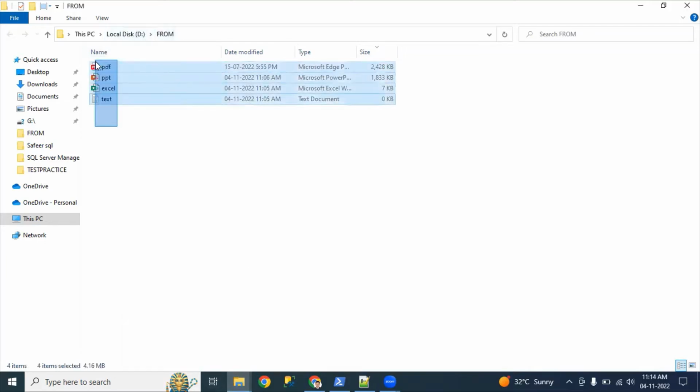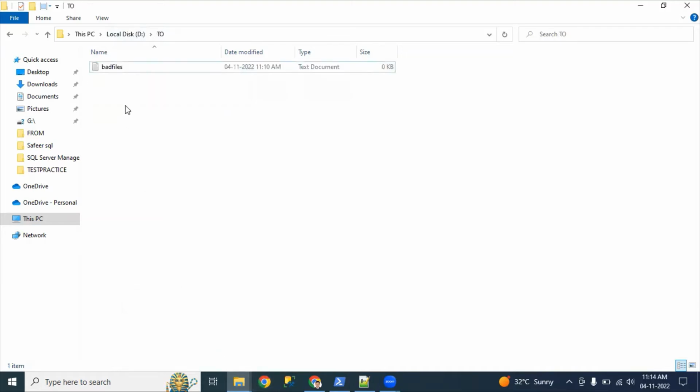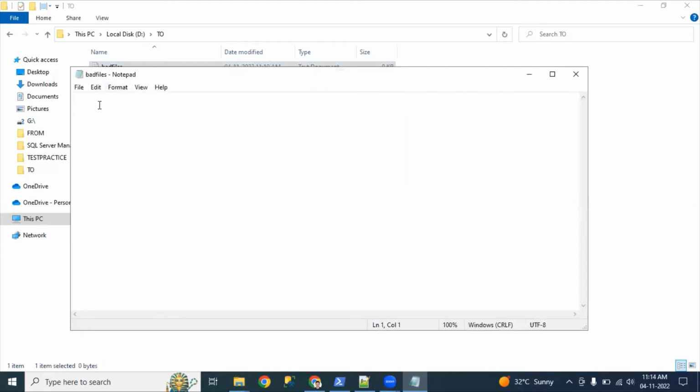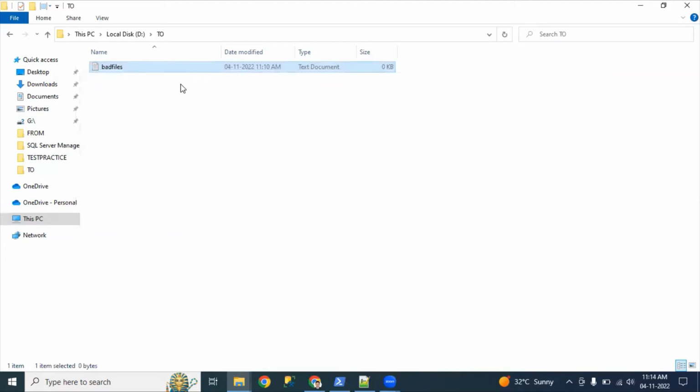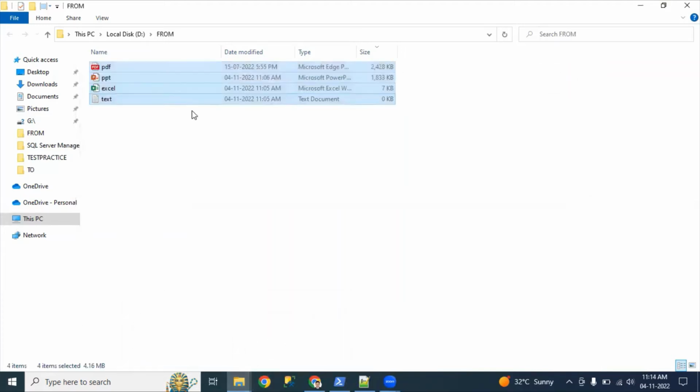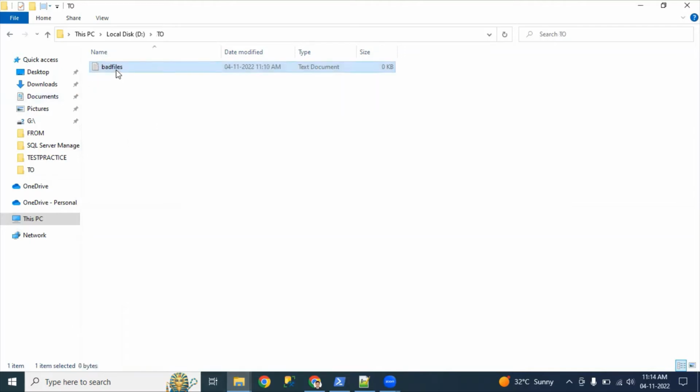In from, we have many files, and in to, it is empty actually, and there is a text file. If you open this, nothing is there. So what I'm going to do is move all the PDFs or all the files that are less than 100 KB into the to folder, and I'm keeping a text file to log the file names. So for that we need